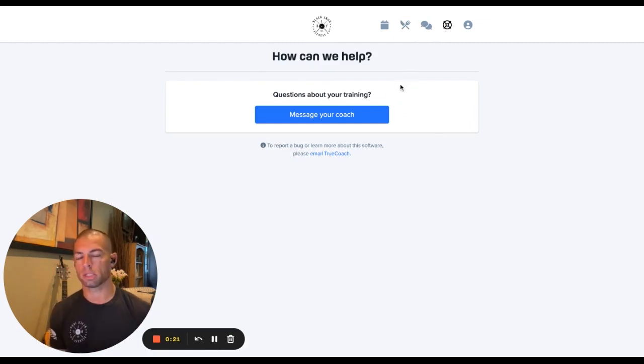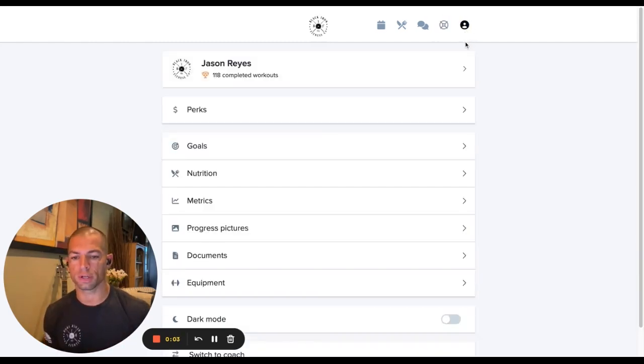This is also a message your coach function. This is a coach function. This is a messaging function that I will suggest that you use for not emergencies, but things that don't necessarily pertain to your training sessions, because it's not necessarily going to be housed in the normal log of communication. And then over here, you'll see the profile. And in the profile, there's a number of things that you're going to